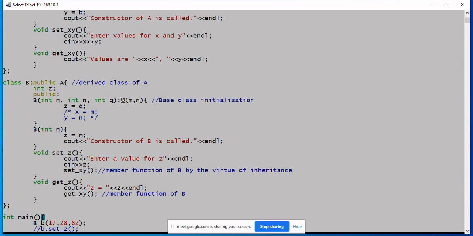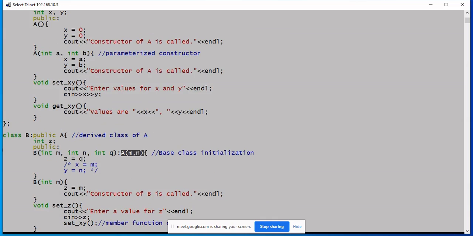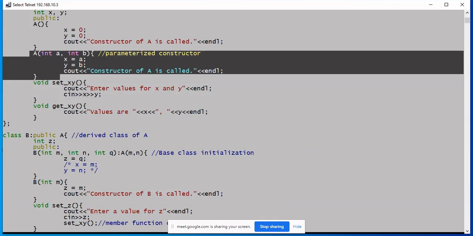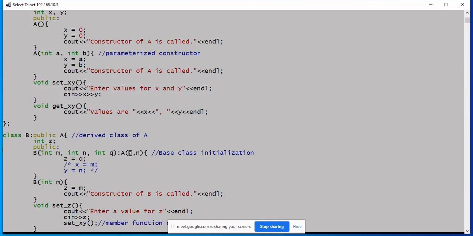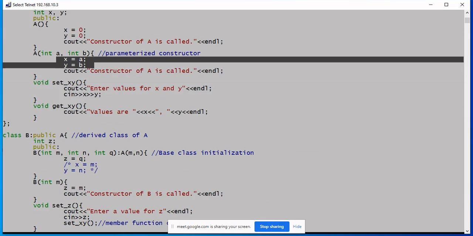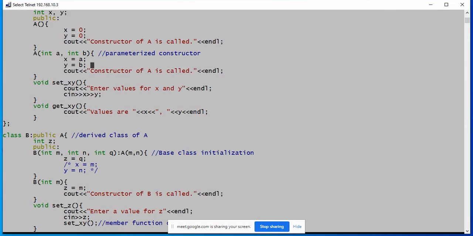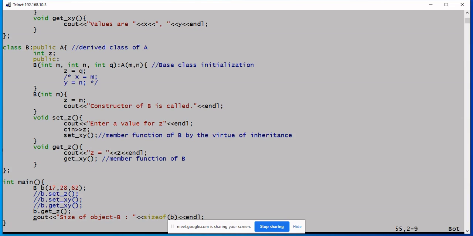So you call the constructor by passing m and n, and at this point the control goes to parameterized constructor. M is copied on to A, N to B, and these are used to assign the values for X and Y. This is how object B is created and its values get assigned.